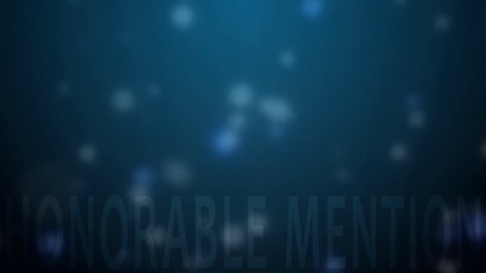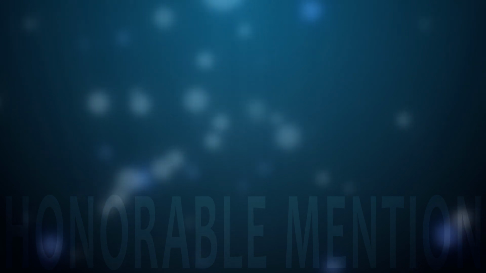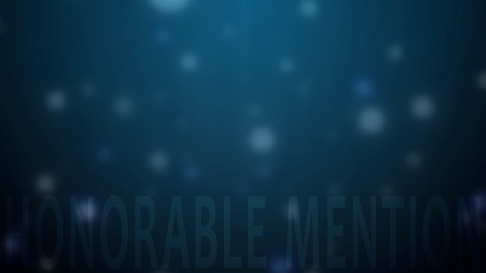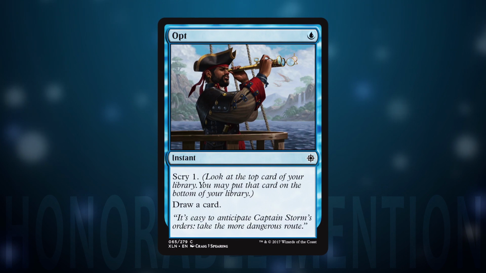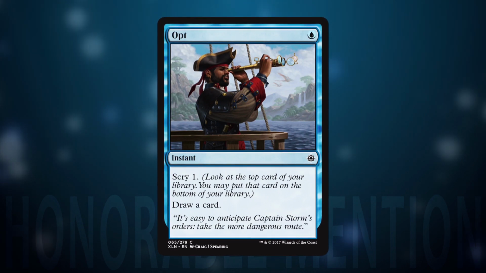As with any top 5 list, it's often very difficult to narrow it down, and in this case it's definitely true. Pauper players definitely have hit gold with this set. First up, while not being a new card, we have the return of Opt. This 1 mana instant allows the player to gain great card quality with slightly fixing your card draw, whilst also